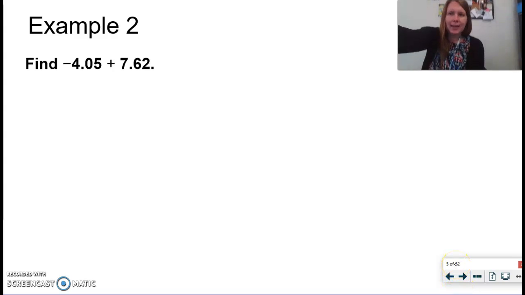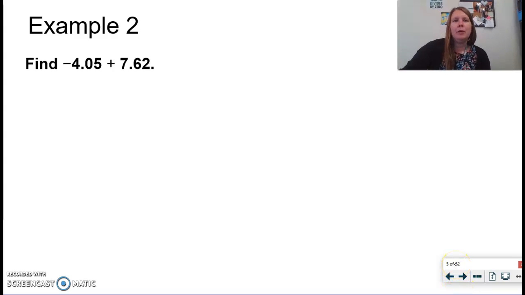Alrighty, how about if we had to add decimals? Again, my integer rules are still going to stay the same. Same signs add, different signs subtract. What I'm noticing here is that they're different signs. So I take the absolute value of both, take the larger and subtract the smaller. So in this case, I'd really have